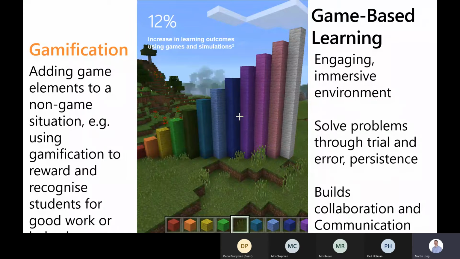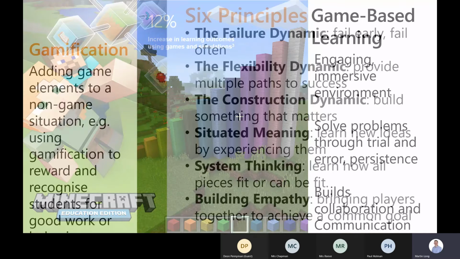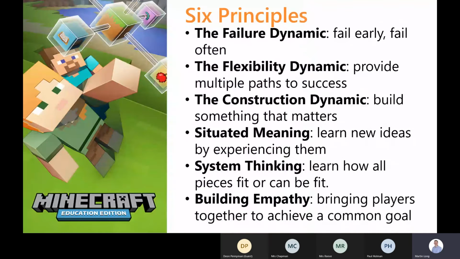So you can have Minecraft where it's a single pupil in a single environment, or you can have a number of pupils in an environment, or even a whole class if you're brave enough to do it. There's really 6 principles underneath Minecraft Education. That you will fail, and you'll fail regularly, and you shouldn't be afraid of that. And it's something that we will all do in real life, and they need to learn as pupils or students with you at school. And that if you're going to be successful, you can't stick to a rigid set of principles. You will have to be flexible in what you're doing.